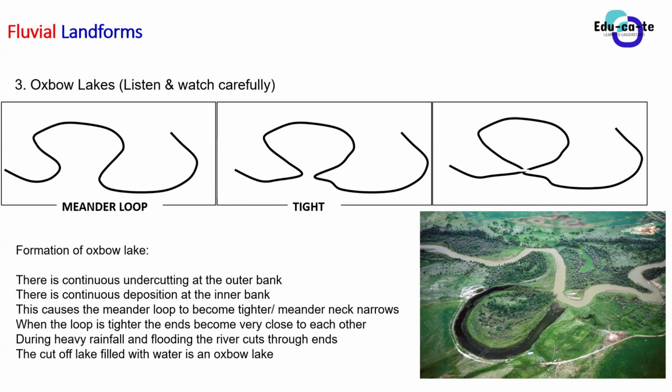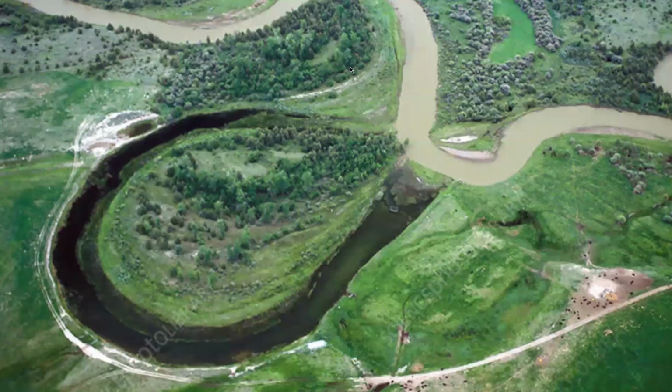Last time we did meanders, a complete session about meanders as well as practice activities. But now we'll be looking at the Oxbow Lake. So we've got this thing known as an Oxbow Lake. I've got a picture of an Oxbow Lake here. You guys can see how it looks.